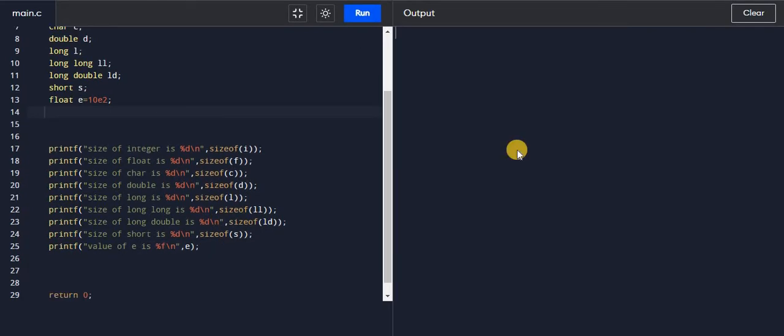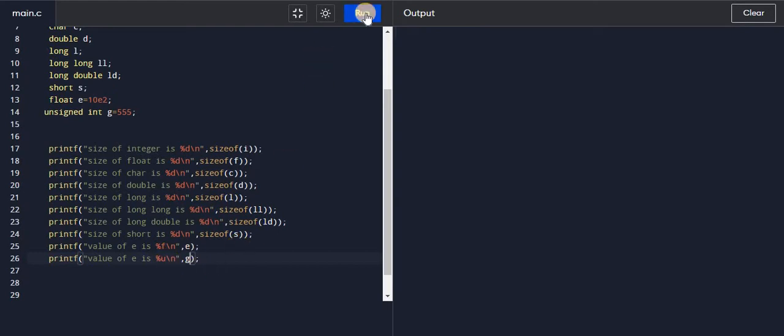Similarly, we can define unsigned and signed integer data types like this. Unsigned int g equal to, consider, 555. If I print this unsigned integer, we have to use the format specifier %u, and change the variable to g.